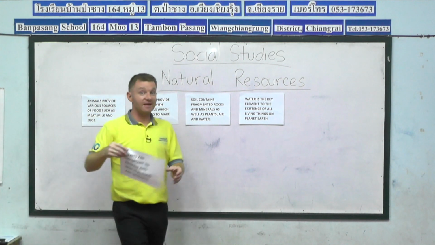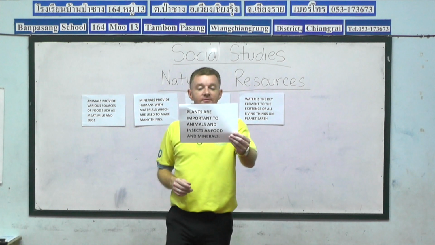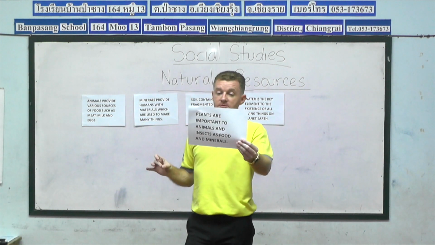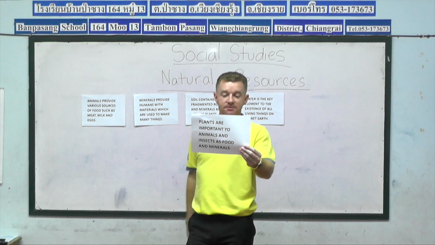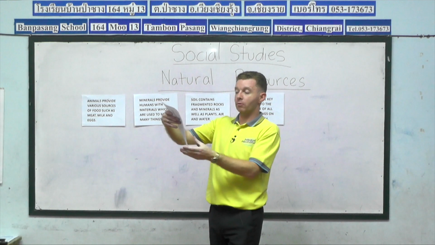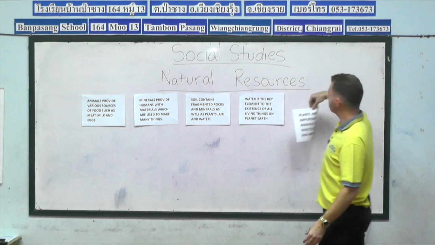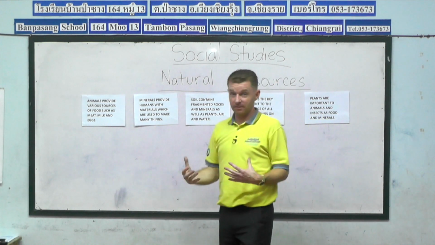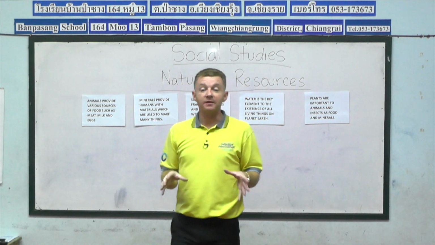And our final sentence: plants are important to animals and insects as food and minerals. We've seen before the picture of the bee feeding on the plant, getting its pollen. So what we're going to do now is divide our students into groups of 2 or 3, depending on class